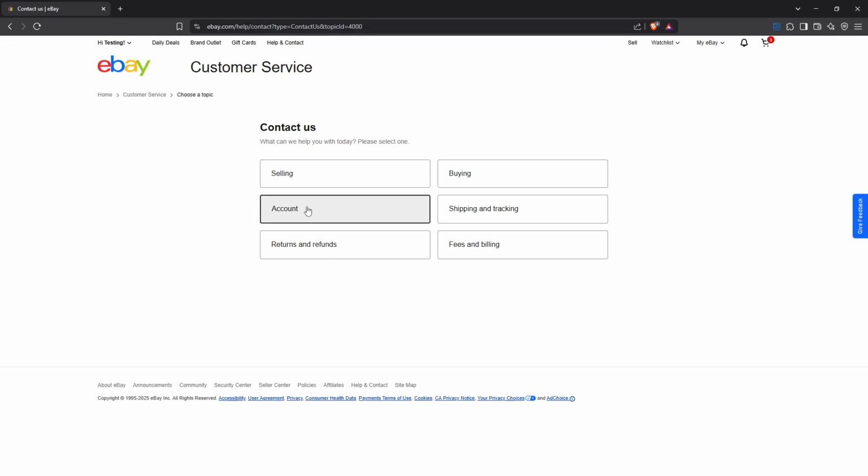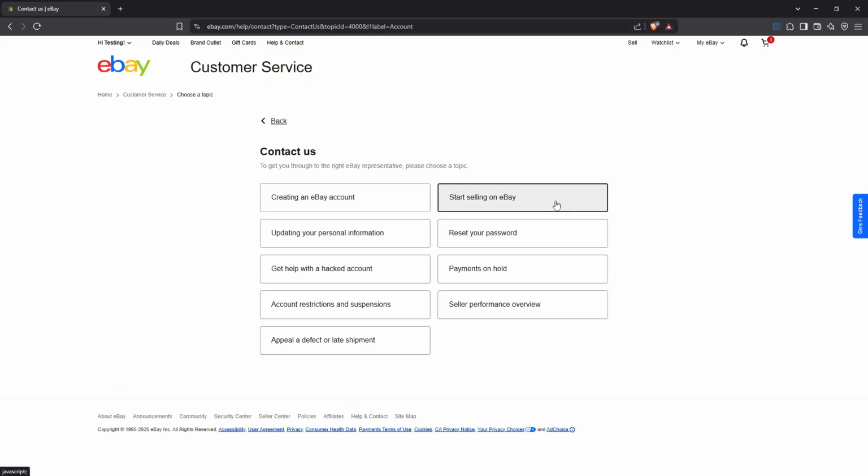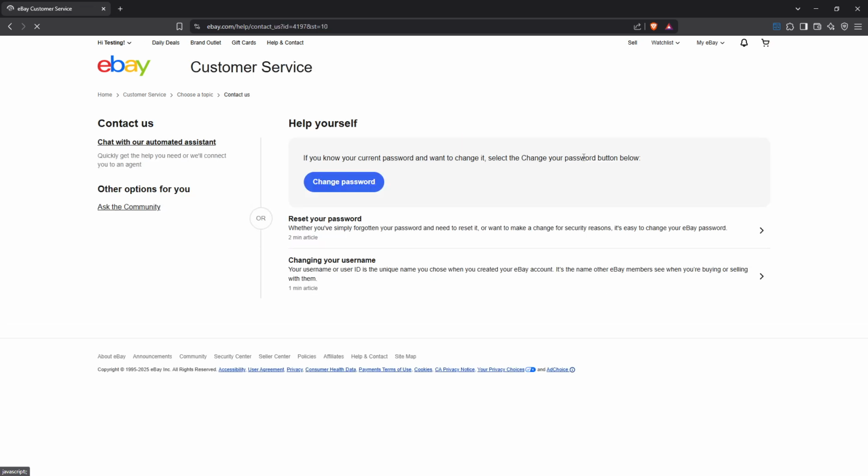Here you'll find several options such as returns, seller fees, or account access. By choosing the topic that closely relates to your problem, eBay can direct you to the most relevant resources and support personnel. Once you've selected your topic, look to the left side of the screen where you'll find an option